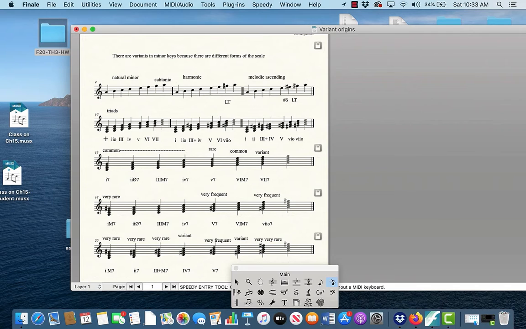I get a 1 chord is minor, the 2 chord is diminished, B, D, F, the 3 chord is major, the 4 chord is minor, the 5 chord is minor, okay? The 6 chord is major, and then here's the big 7. So you can see that really 5 minor is very infrequent, but it is possible. And big 7 is not very often found, but it is possible. All right, so